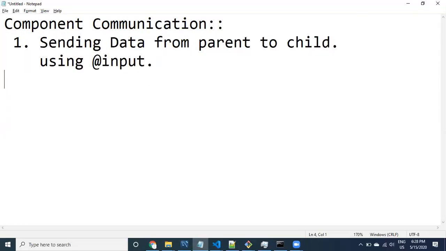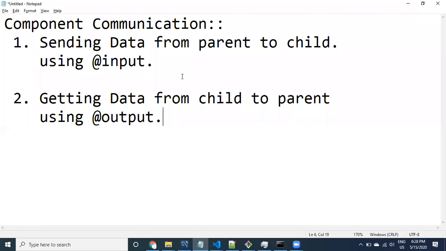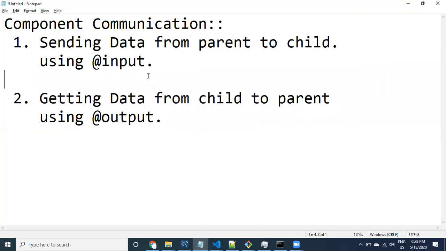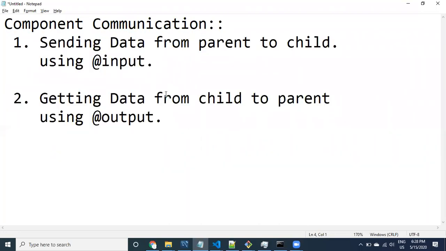The second step is getting data from child to parent using @Output. These are the two things available here. Two steps are involved for this particular task.